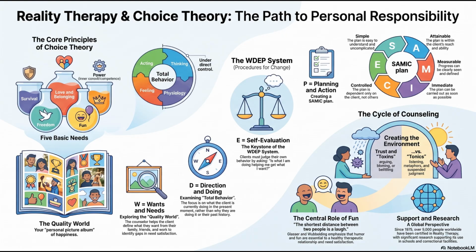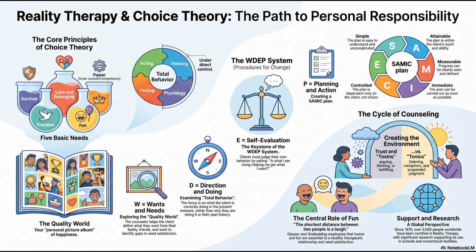And the counselor didn't just sit there and validate his complaints, right? Nor did they just slap a diagnosis on him. No, they guided him right into that evaluation phase. He had to look at his own actions and basically endure the realization of, wow, the way I'm acting is guaranteeing that I stay miserable. Ouch. But once he made that self-evaluation, he decided to change his doing, and it didn't require a massive life overhaul. He literally just decided to open the blinds in his bedroom to let the light in. He started making rudimentary plans to interact with friends. He shifted his physical actions, and his feelings eventually followed.